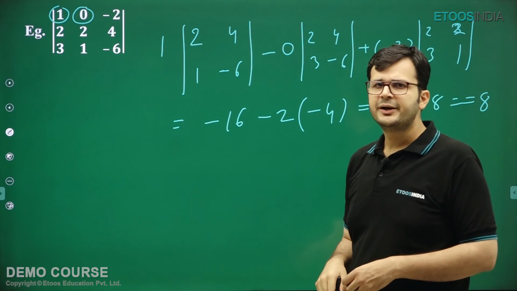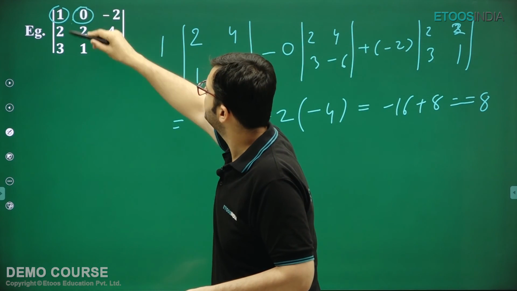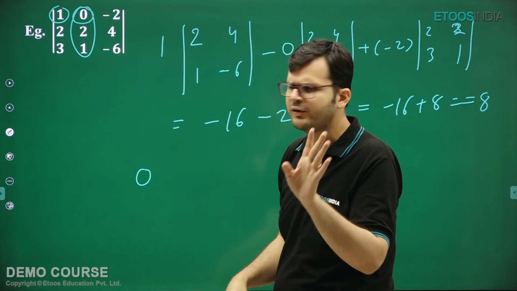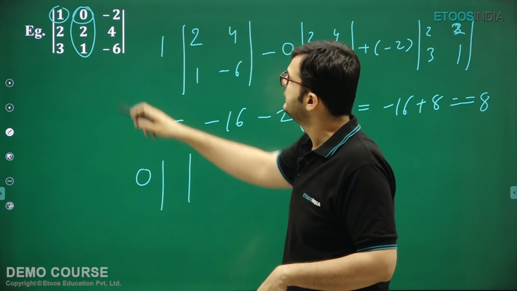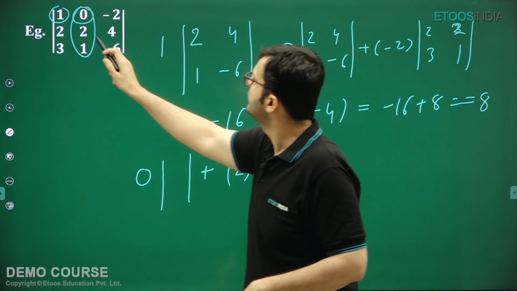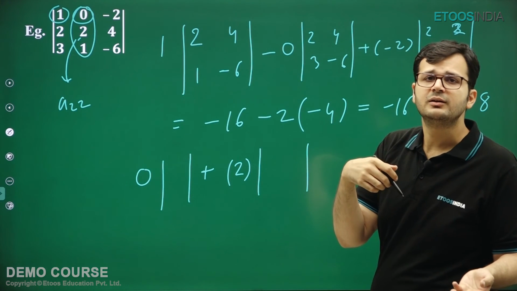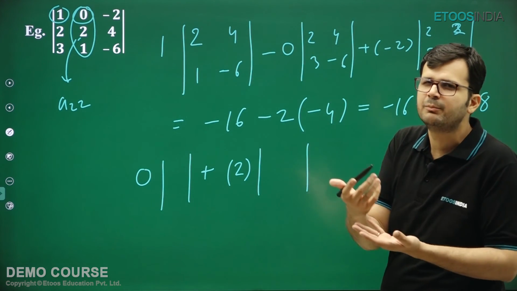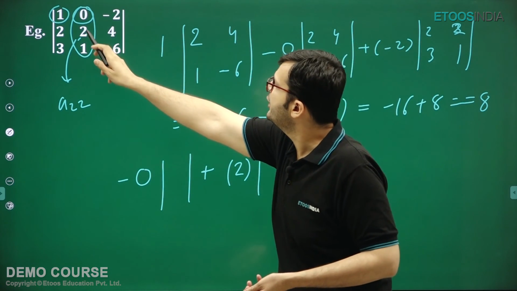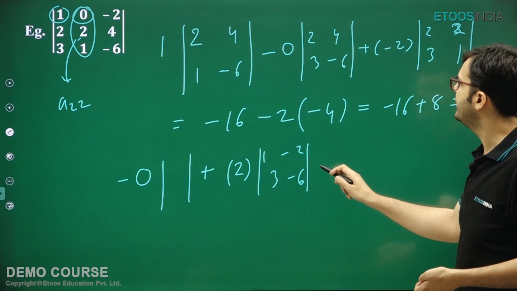I have opened this determinant along the first row, and let us also open it along, let us say, the second column. So what do I get? Along the second column, I am going to get 0 into its cofactor. I am not writing that; anyway, it's 0. Then 2, and you can see 2 is which numbered element? This is A22, second row, second column. So it is an even numbered element, that means i plus j is going to be even. This was minus, this is plus. For 2, we are going to get 1 minus 2, 3 and minus 6. And then we are going to have 1.